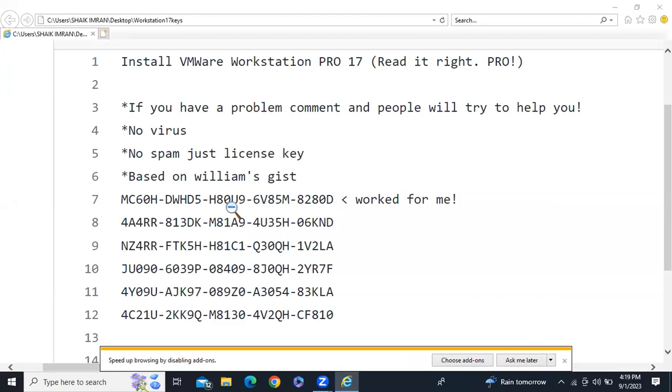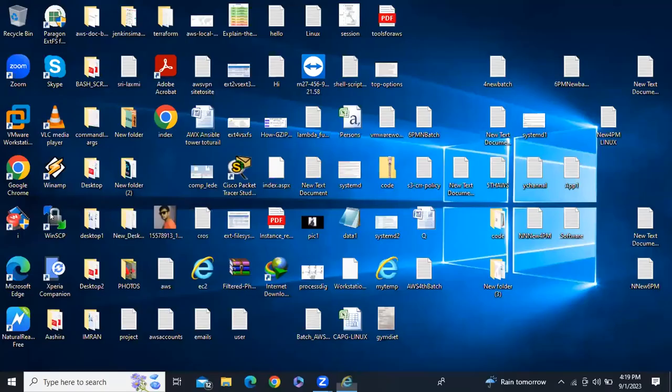Then finally, it will ask for license keys. Use those keys. One key is enough. Don't use all the keys. Only one key we need to use. So this key you can use. It will activate. After activating, you'll get an icon like this on the desktop. Got it, guys? Like this icon, right? Blue color square, orange color square. So if you double click on top of that icon,